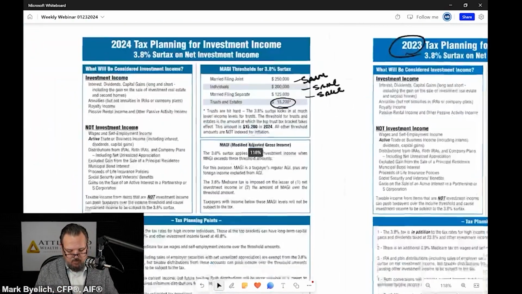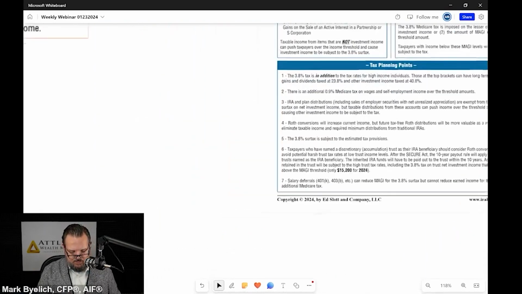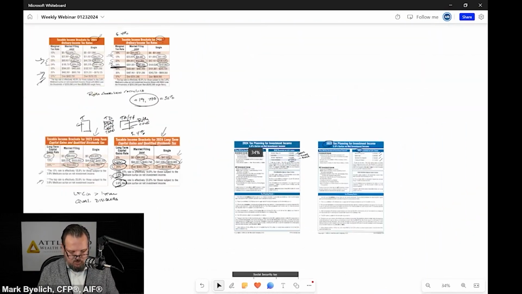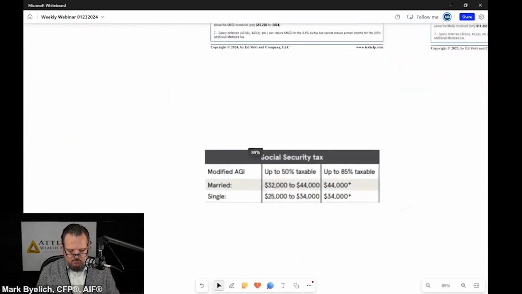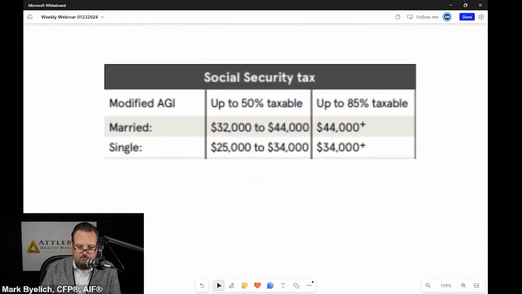The other one that really gets me, so many people are going to be more affected. Their capital gains taxes are going to be greater because of this issue. But the other one is, I think I grabbed that here, provisional income. Yep, it's right down here. So this is the provisional income, if you might remember, and we'll talk about this in our class. That's the income that the IRS tracks to determine how much of your Social Security is subject to tax. So you can see the numbers here.